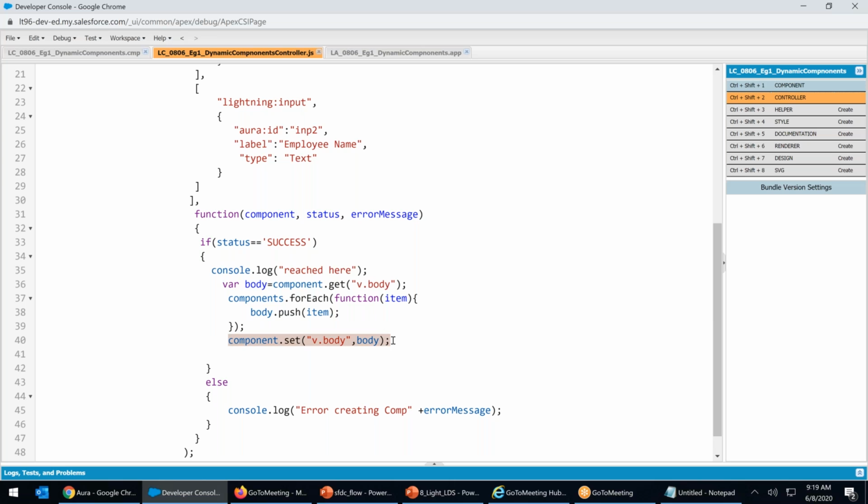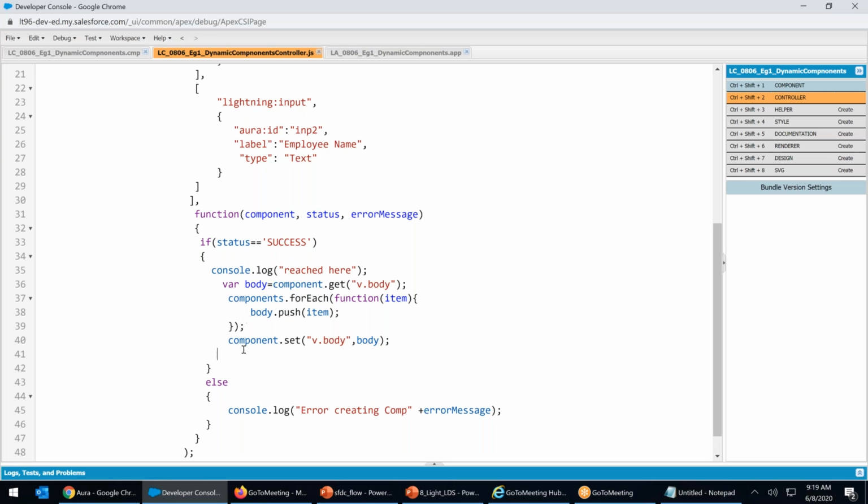Okay, we will put this inside the loop, you're saying, right? That's right. But I'm pushing it here. I don't want to push it in the loop. I'm pushing in the body, right? Later I'm setting. So what is happening? It is getting pushed to this body that it got in a variable, and that variable I'm pushing here.